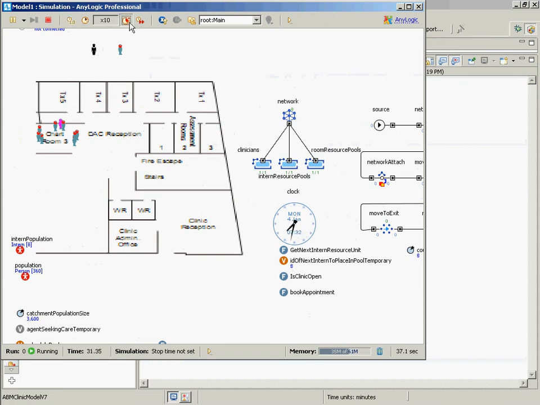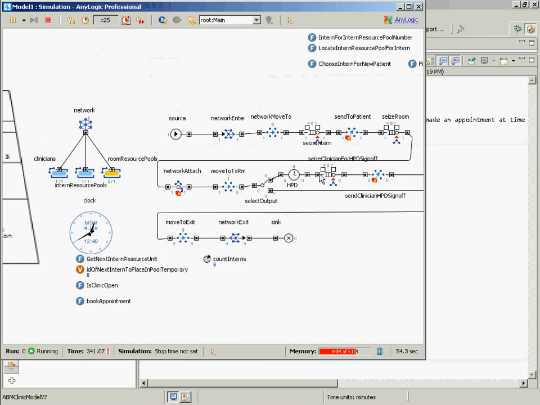So they actually move physically around the facility when they present for care. So this is an example of a type of discrete event modeling where there's physical movement captured. I think it's familiar to many of you, but for those who have not seen it, if we go to this,